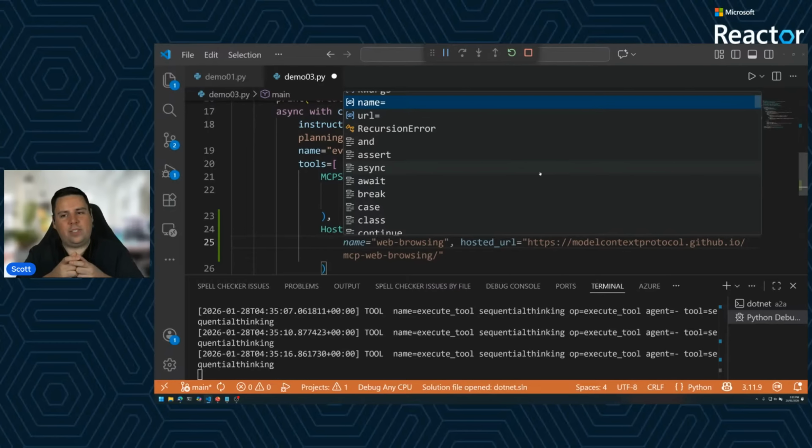This is really interesting because now it's not the Microsoft Agent Framework sitting between the agent service and a local process, but rather it's sitting between a remote MCP server sitting at a URL and the agent service, and it can coordinate between those two.